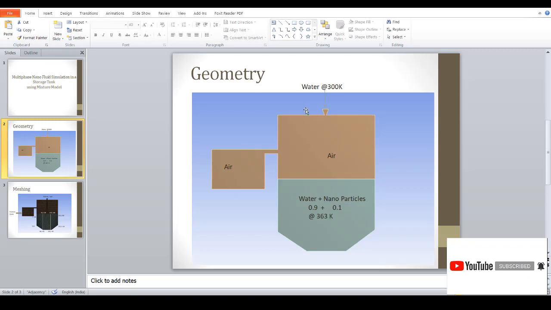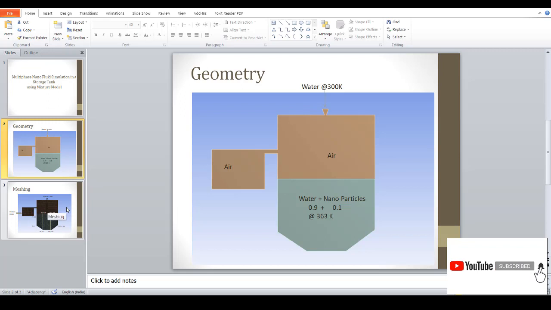So how exactly it happens, how the distribution would be present, and all those things we can discuss here. We may extrapolate this information to other kinds of simulations where we have these nano mixtures or multi-phase nanofluids, using the mixture model. So this can be a base example for any such kind of simulations.